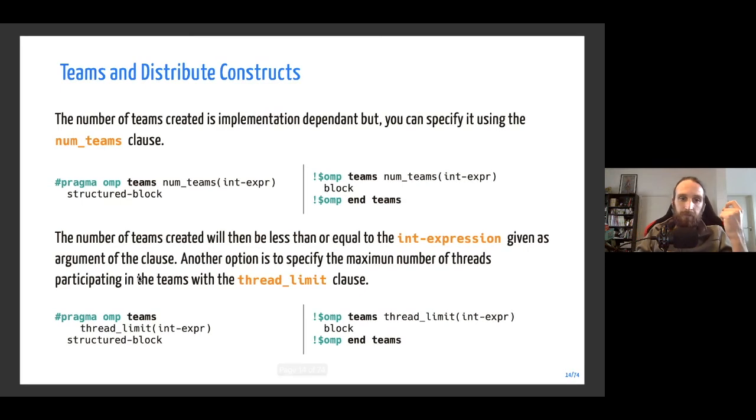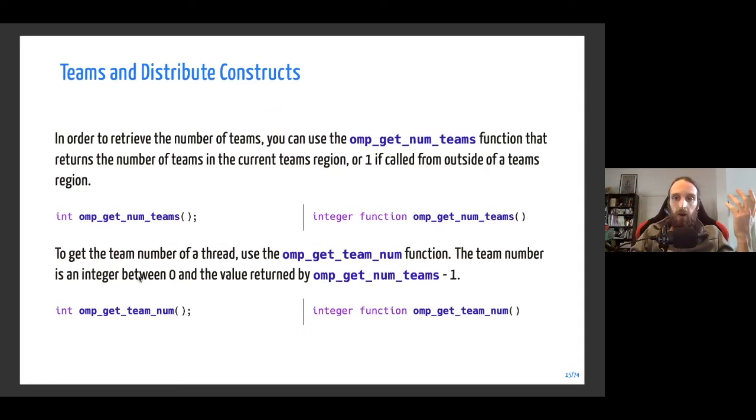And then you can pull some information about these teams using either omp_get_num_teams, which gives you the number of teams that have been spawned. And if you want to get the number of the team, so the ID of the team, you use omp_get_team_num. And the idea with this team basically is your block of threads. Or if you are using the AMD terminology, this is a work group. So it's exactly like with CUDA. When you create teams, you are creating blocks of threads.